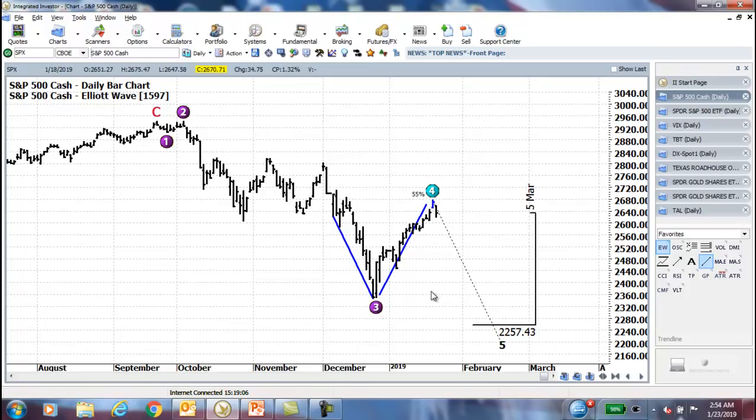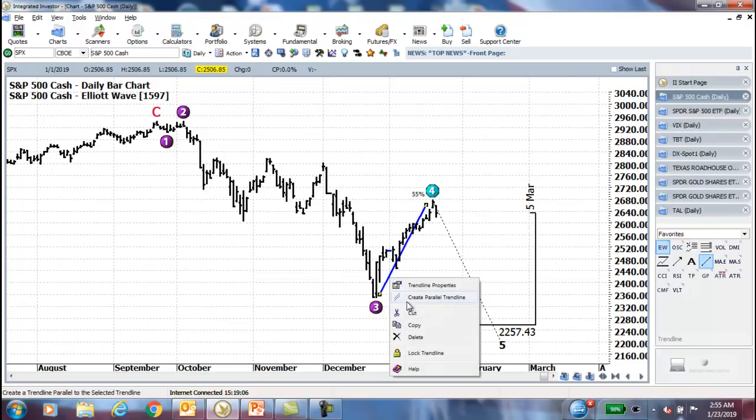Now what's interesting is that for the last week or two, it seemed like everybody on the financial networks was talking about the fact that we need to have a test of the lows. It was almost like everybody viewed that. And you know how the markets work. When everybody views things one way, things tend to go the other way. But what was interesting today is that on the financial networks, even with a down day in the market, a lot of people were saying, no, we don't need to test the lows. So everybody's changed their tune, and that actually could open up the avenue for an actual test of the